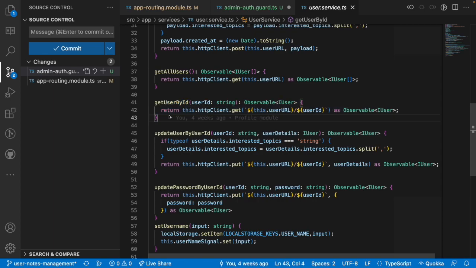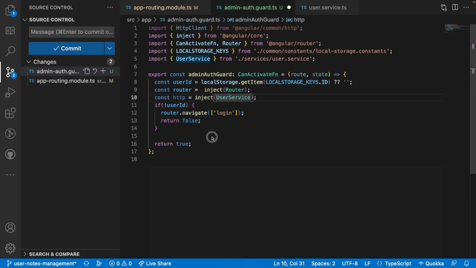This is the one which we want. That means if you are getting a user by ID, then that user exists. Simple to say. So now I'll use this get user by ID. Let me go here, and here I'll create a const, or just use something like const data,